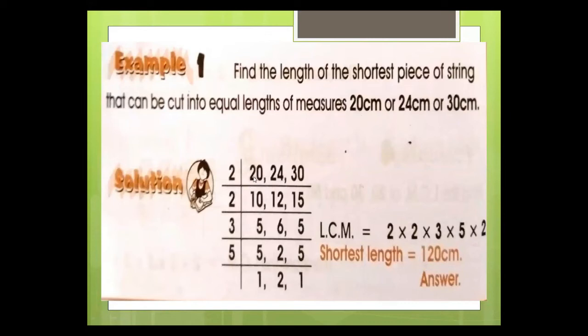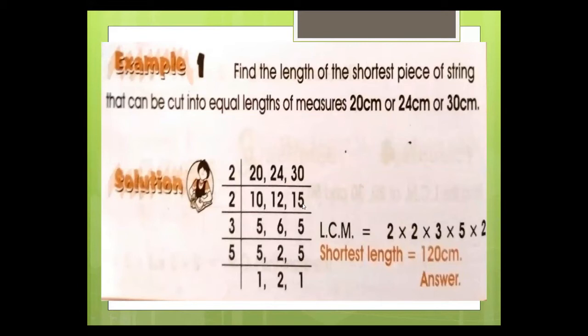In the division method, you have to find a divisor which divides all three numbers at a time. So firstly, you find which number divides all three numbers. You know that the smallest number is 2, maybe we start from the smallest. So you know that 20, 24 and 30 are all divisible by 2. We take 2 as a divisor, then divide all three numbers: 20 divided by 2 is 10, 24 divided by 2 is 12, and 30 divided by 2 is 15.